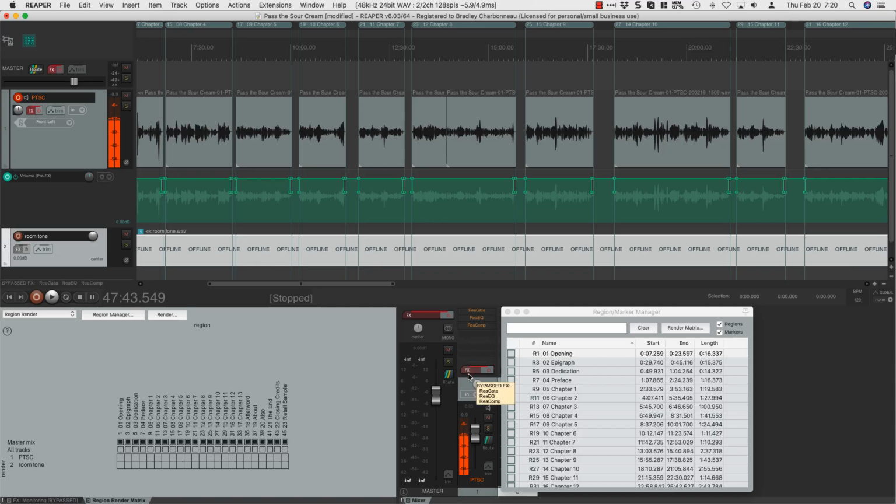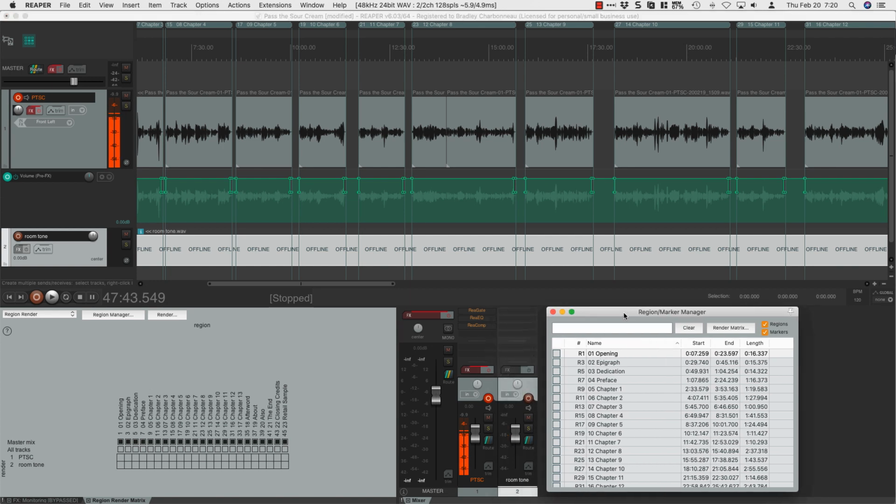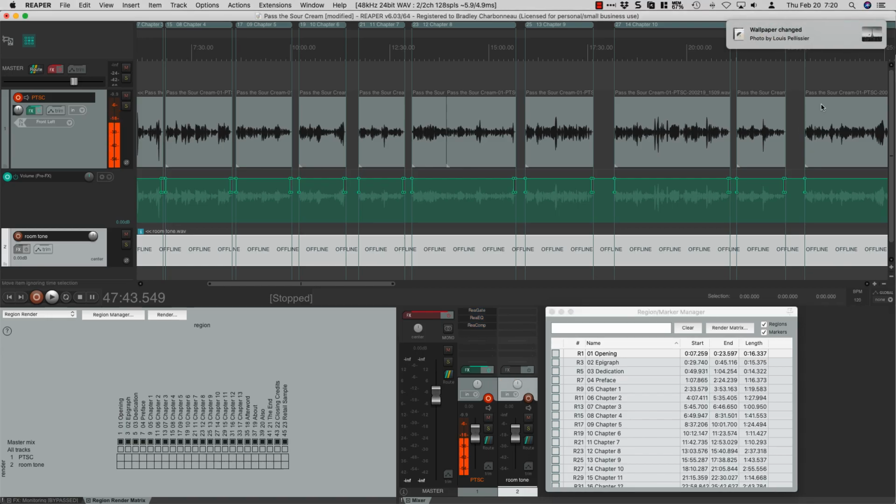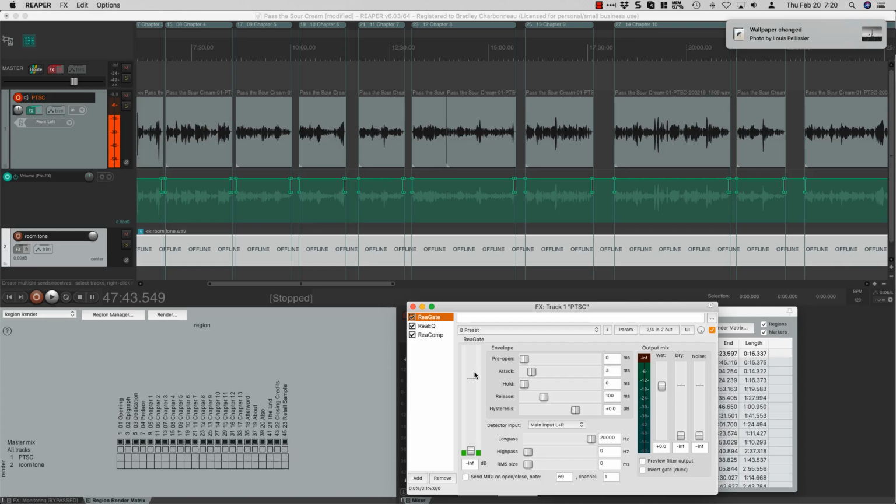Look at this. Remember in video number 412 way back when with the whole FX? Well, look, it's not turned on. So remember, this is the room tone file, and this is my main file, my main book. I forgot to turn on the effects. So I want to turn that on. And now we can double check.